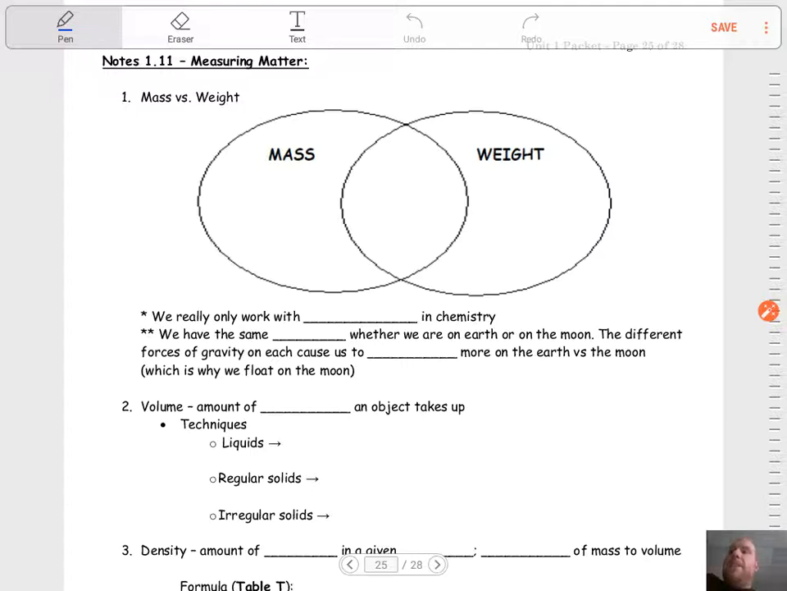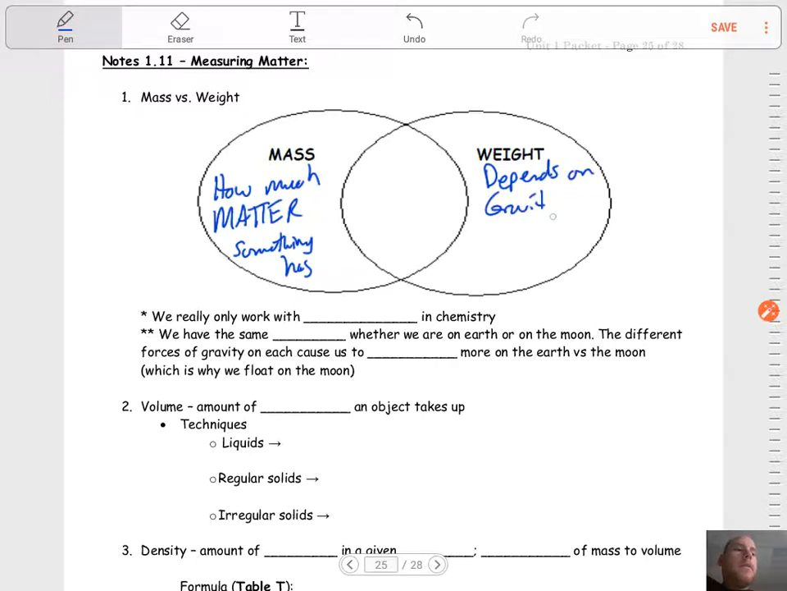First thing, mass versus weight, guys. Mass is talking about how much matter, how much stuff, something has. The matter that we're talking about in chemistry are atoms and neutrons and protons and all that kind of stuff. Where weight is a force. Weight depends on gravity, which is the force pulling on an object